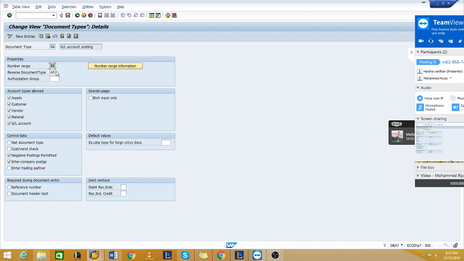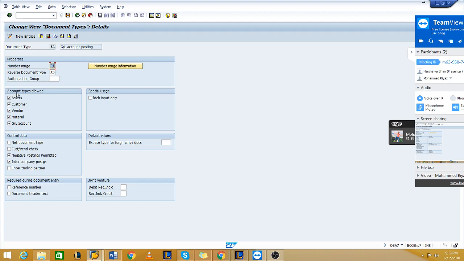In the same way your document number will be derived from this number range key assignment. For number range key 01, whatever number range limit you assign, those numbers will be displayed when you create a document.